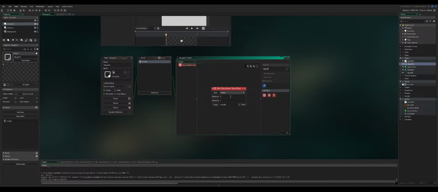I think this is how we want to do it. Between 1 and 10, actually, let's create a variable. We're going to call this